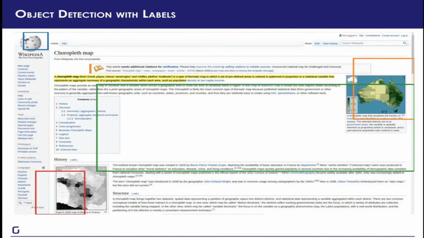Now, obviously, there is a lot of room for improvement. For one, we can see that the boundaries are off. It basically sees that there is something over here, but it's not like the blue box is perfectly enclosing the region of interest. Same is true with these maps. The orange box and the red box here, they roughly know where the map is, but they aren't exactly enclosing the map properly. And of course, the big problem is that we have this huge false positive. Model tells us that this is some kind of chart, which is clearly wrong. So this entire box needs to be deleted.